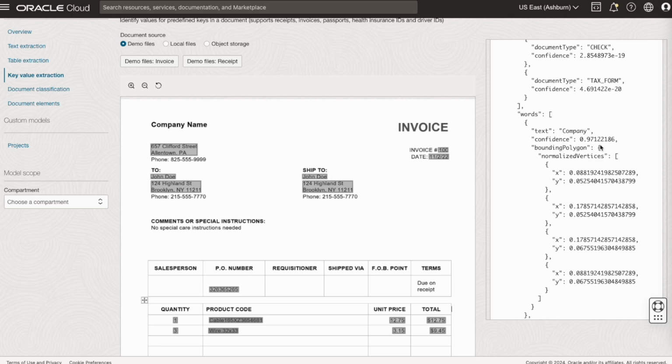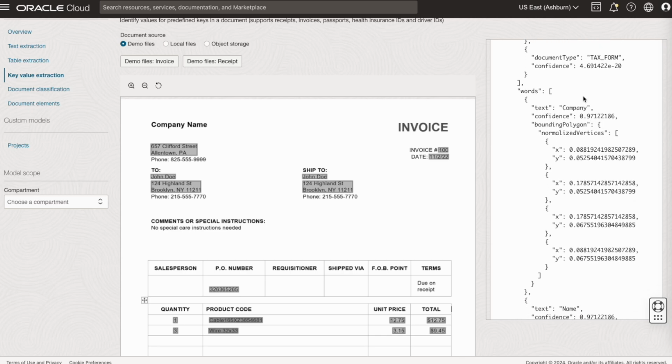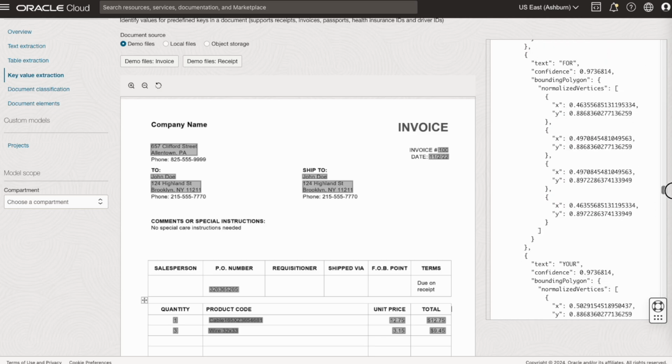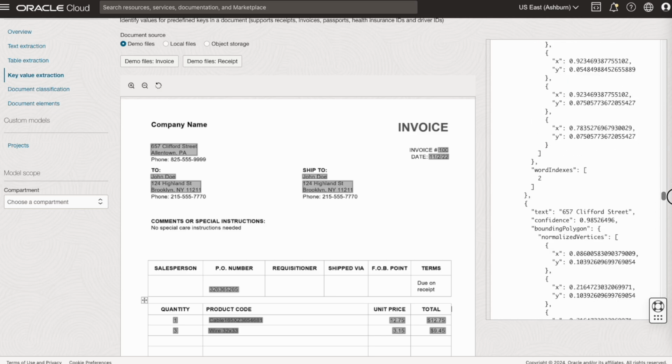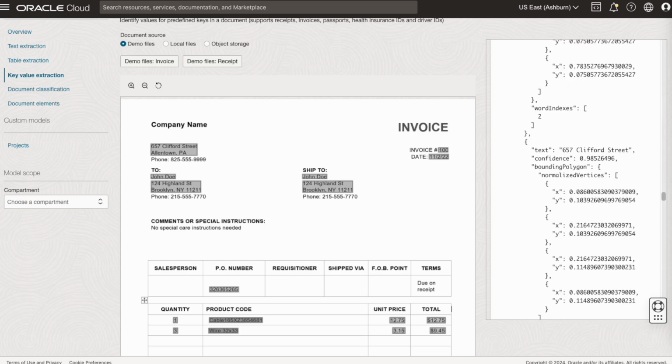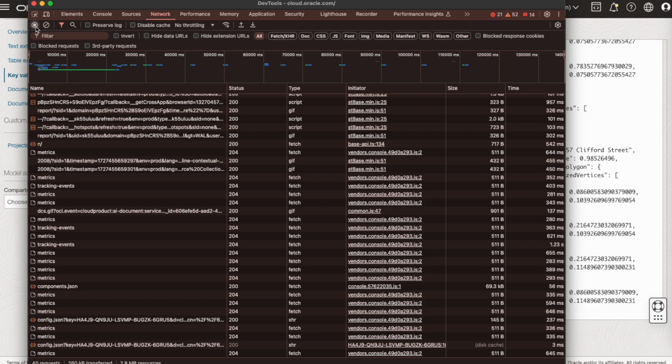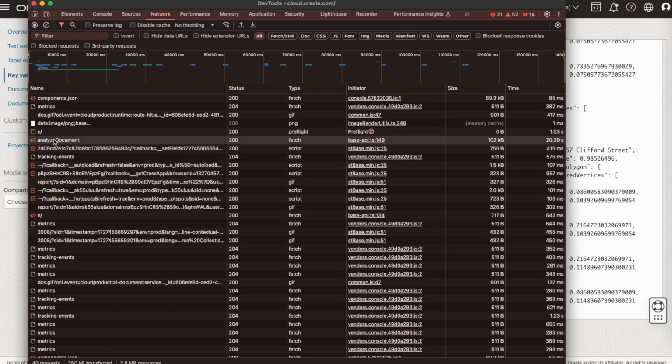It was an invoice, right? And then different words which were identified in the document. And if you go through the entire payload, you will find a lot of things which you can work out with, right? And we will try and see how best you can use these kind of responses inside your own application, right? Now, before going there, let me just stop the network logging here